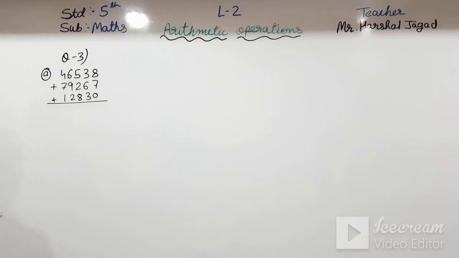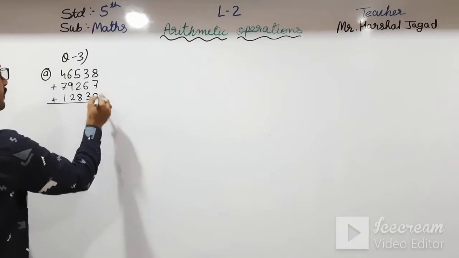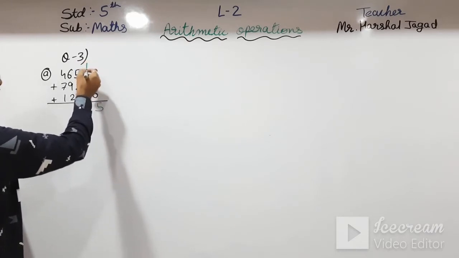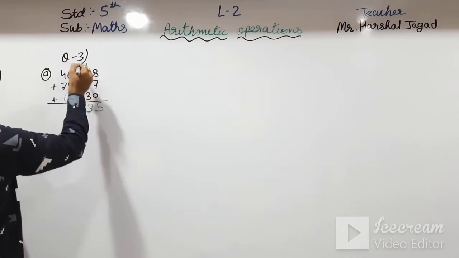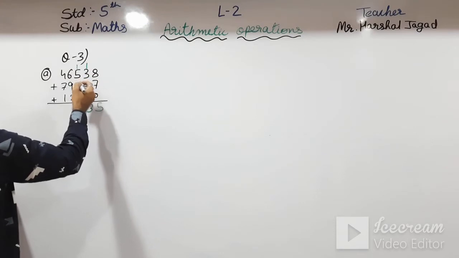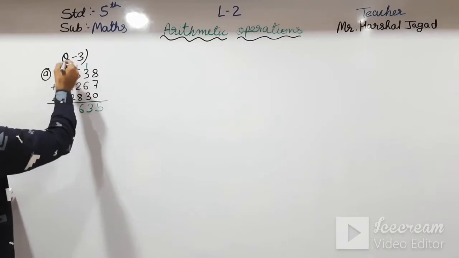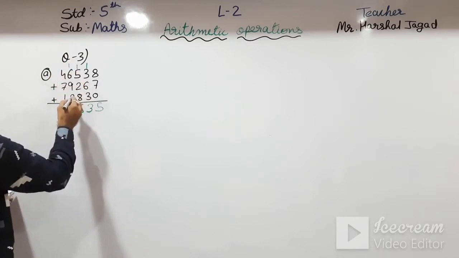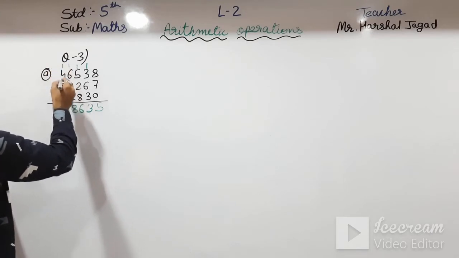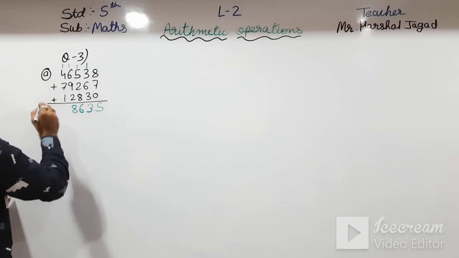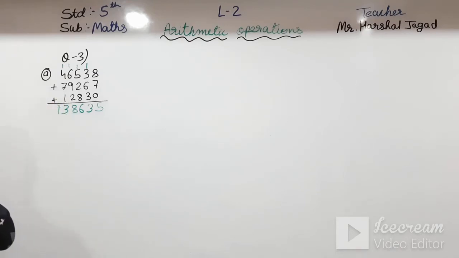So we will add 8 plus 7, 15, 4 here, 3 plus 1, 4, 6, 6 plus 4, 10, 13, 5 plus 1, 6, 6, 7, 8, 8 plus 8, 16, 9 plus 1, 10, 10 plus 6, 16, 16 plus 2, 18, 4 plus 1, 5, 5 plus 1, 6, 6 plus 7, 13. So this is our answer A.